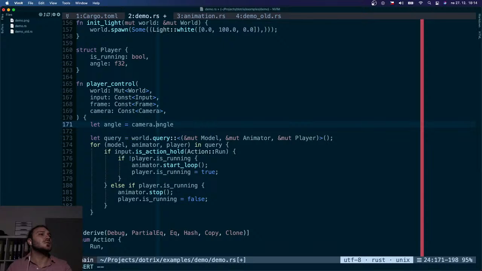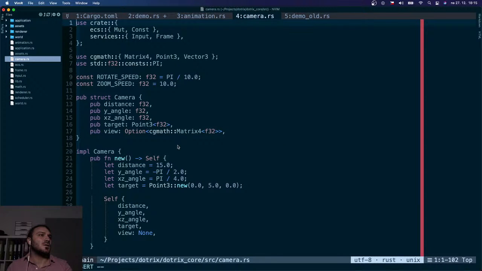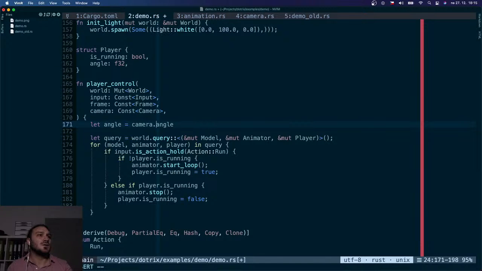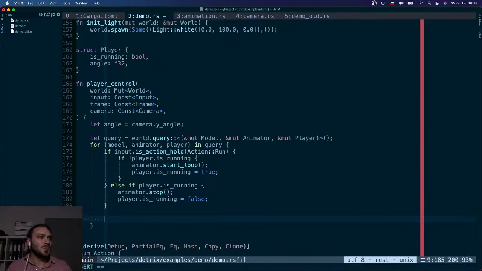I think it's called not angle, but y angle, because it's the angle around the y axis. So it should be a y angle here. And we need to add the appropriate transformation to our model. So model, transform,